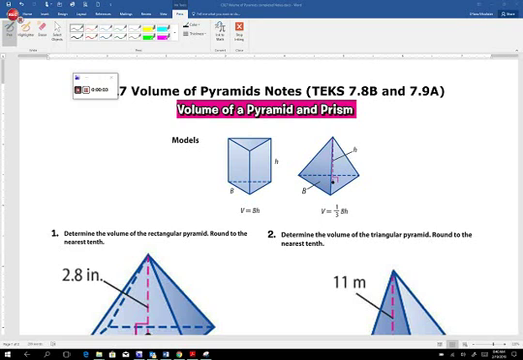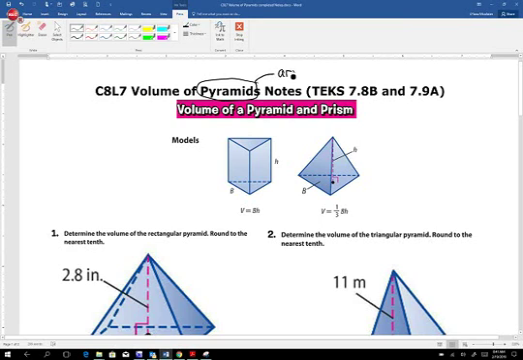Today we will be talking about finding volume of pyramids. First, I would like to note that pyramids are a third of a prism. I would also like to review that we talked about finding volume of prisms